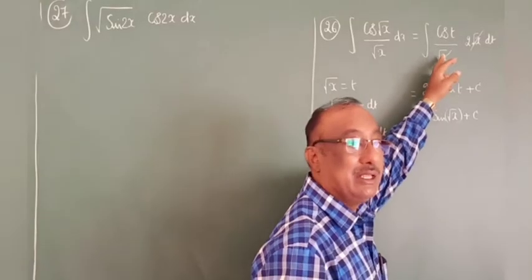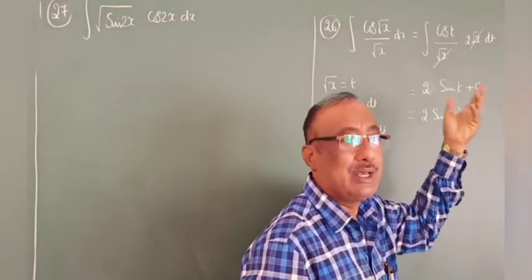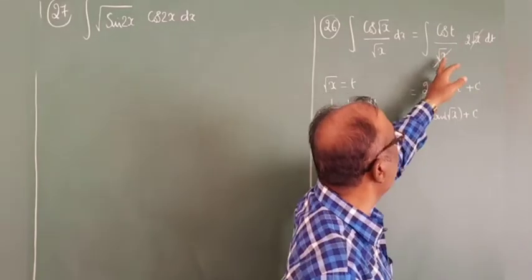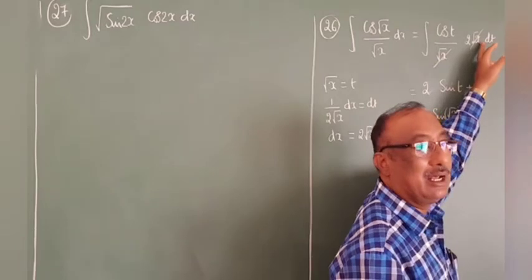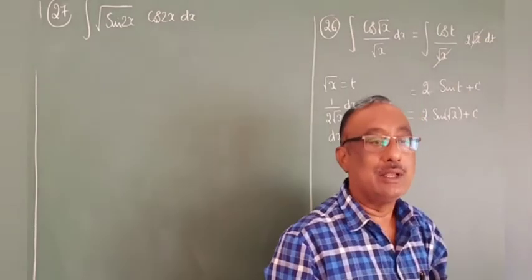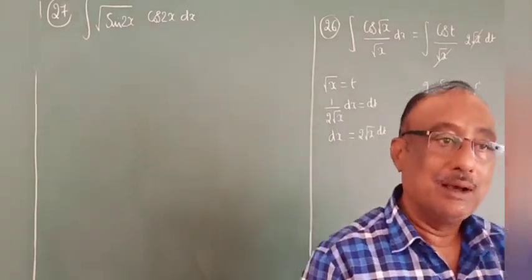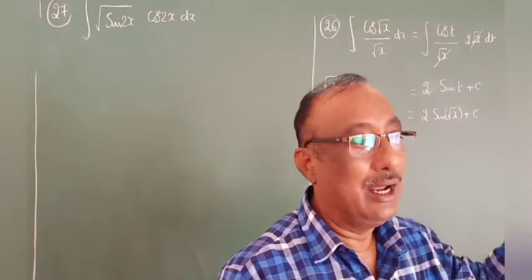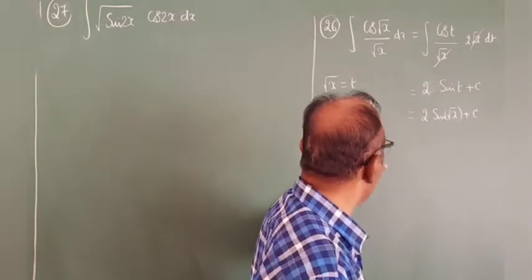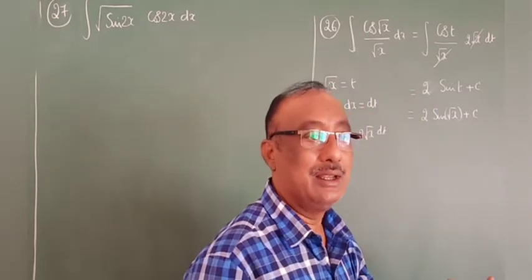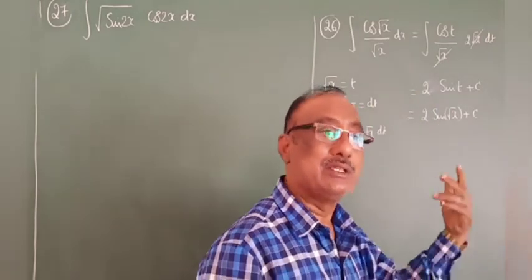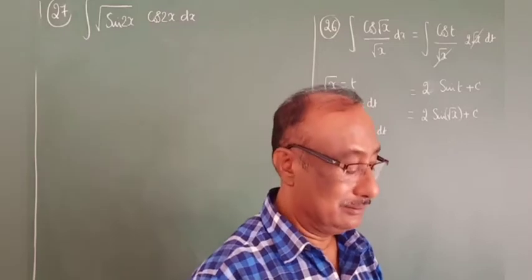But this root x is not independent. It is dependent, so we can write, no problem. Denominator also root t, write down. Here also root t, write down. All are cancelled, no problem. Denominator also t, write down, and here also root x is t. Automatically all are cancelled. No problem. If you have doubt, write down, no objection.